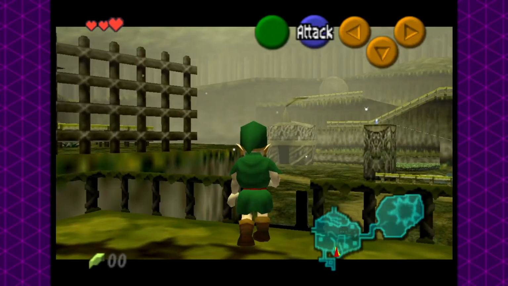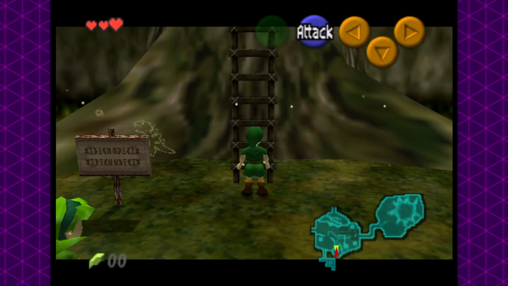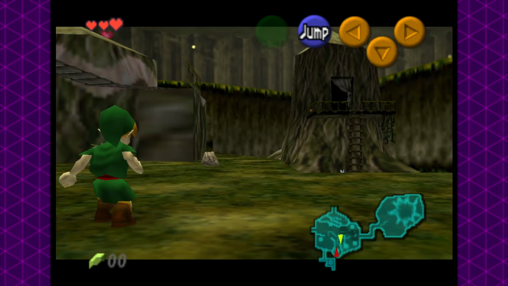So with that in mind, is it possible to beat the Great Deku Tree while Z-locked? And while I won't give away the answer, I will say it's quite an endeavor. However, first things first, we must go ahead and collect the Kokiri Sword and Kokiri Shield as normal. Right off the bat, we're going to drop down this ladder here, ignoring our friend in the process,